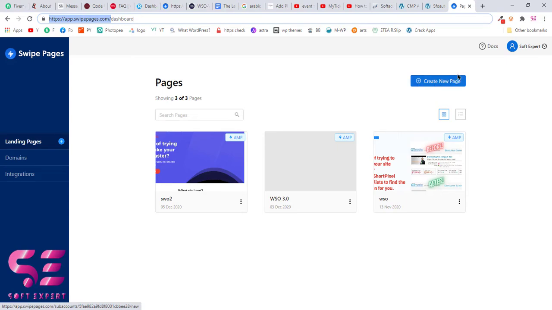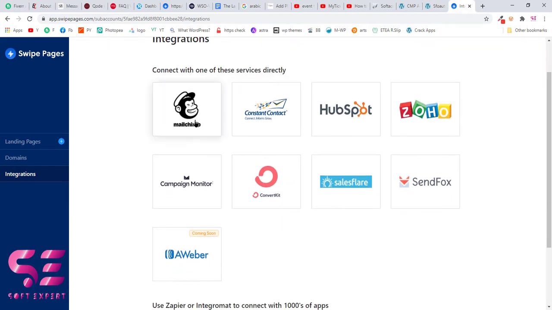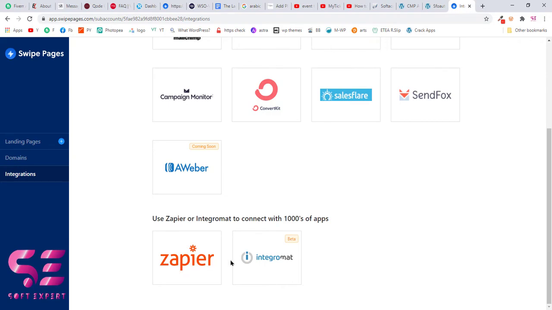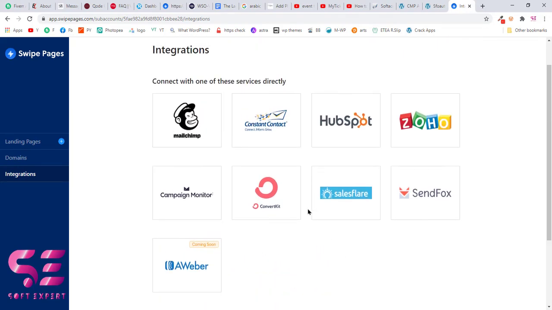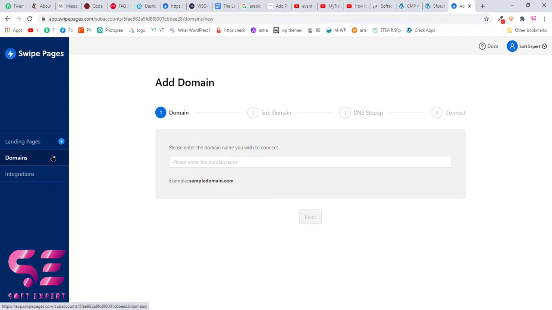Now before creating a new page, let's see the integration. And here you can see you can integrate your different email providers like MailChimp and Zapier, etc. with one click. And that is very important if you want to put a subscription on your website. And the second one is the domain, and here you can add a domain.